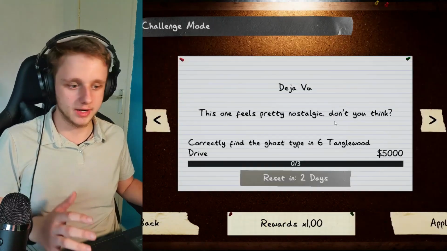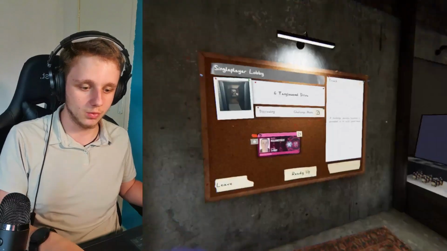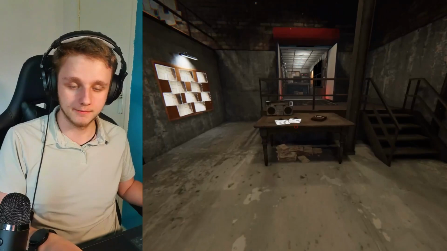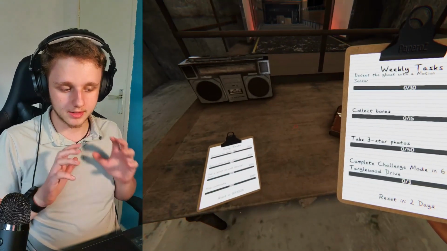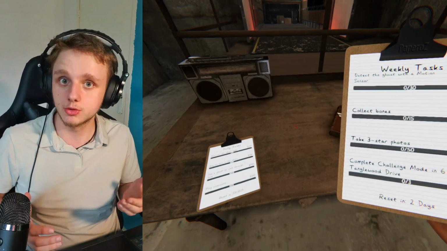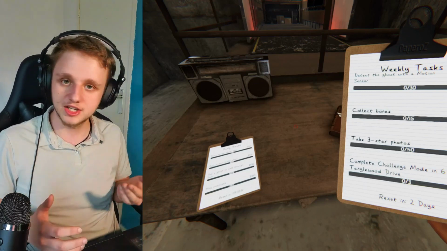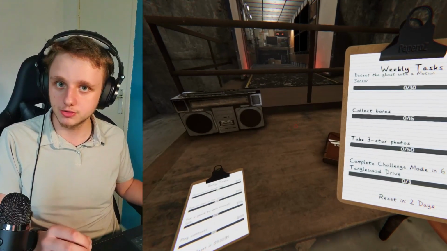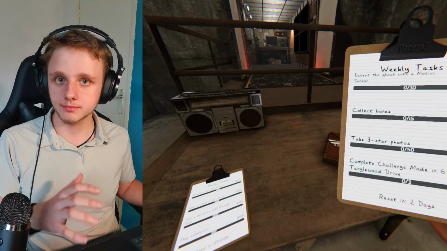So I have challenge mode right here. Every week there is a new challenge released, and you can see this in your weekly tasks, which you can find to the left here. You have your home screen right here, and we can find the weeklies over here. You can see here that it says complete challenge mode in Tanglewood Drive, six times. So maybe this is good news, because we are going to play on this map and finish these three investigations. You're getting $5,000 for this,